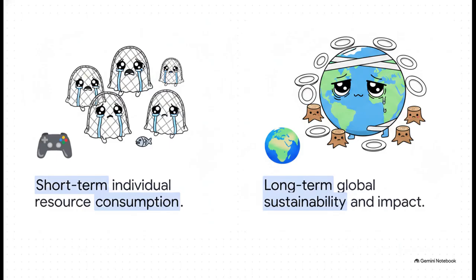In the game, if every player makes selfish short-term choices just to maximize their immediate catch, the shared resource of the fish population gets rapidly depleted. And eventually, everyone loses. This perfectly mirrors the real world. Our collective ecological footprint, which is driven by our short-term individual consumption, depletes the Earth's biocapacity and drives long-term global warming. It shows exactly how individual choices have massive, sweeping consequences for a shared resource.